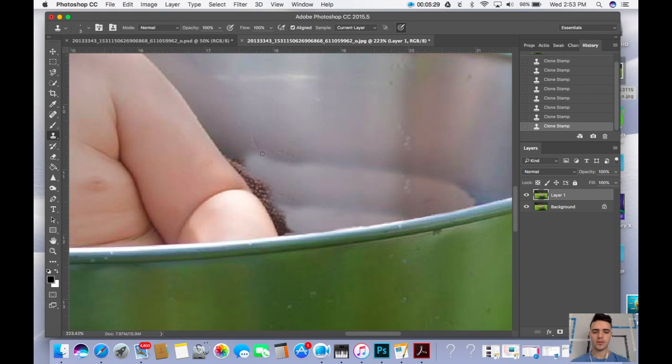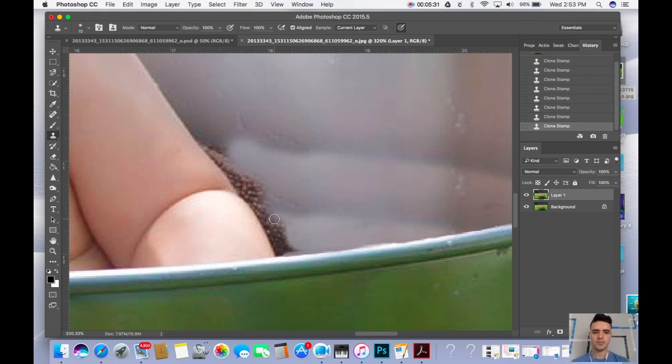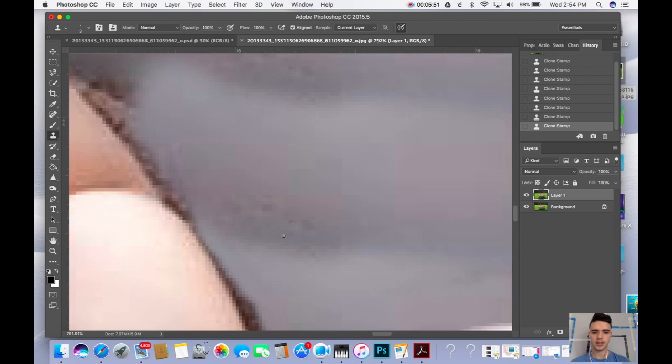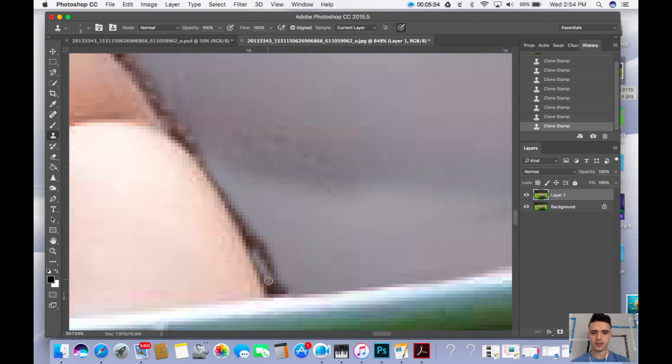Again, so now what I want to do is keep covering up as much of the section as we can before going down to our harder tool. We just don't want it to bleed over onto the subject or the child in this situation. We don't want it to bleed over onto any of our hard edges, so smaller right through here. And then what we're going to do is bring it down to the size that matches kind of the pixel. You see how these are kind of jagged edges? That's what we're looking for, is for it to match that and get rid of all the dark,